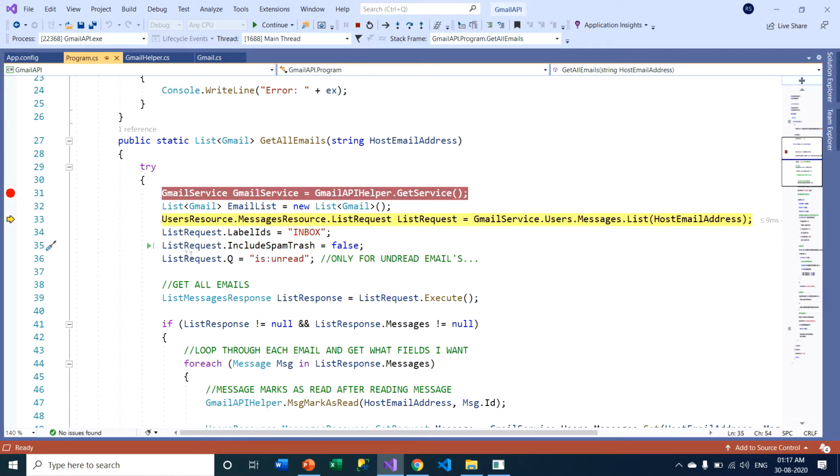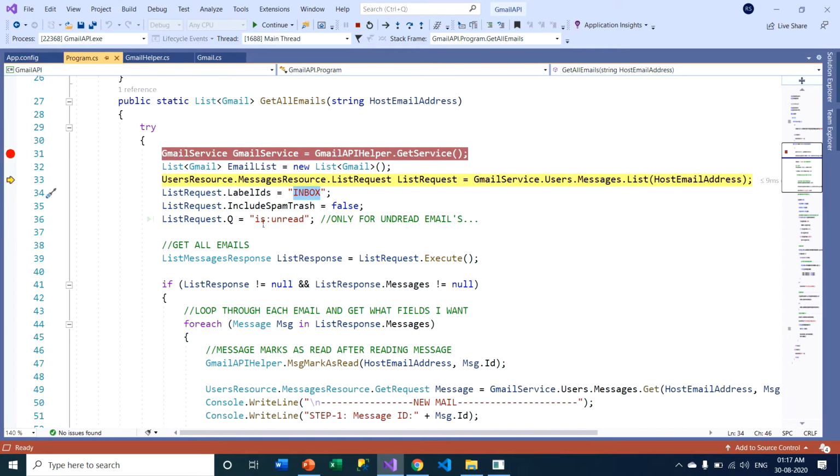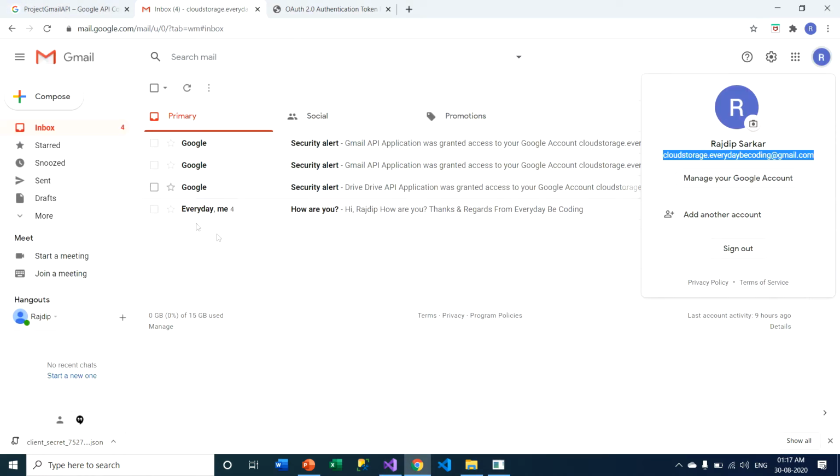That means I am not including trash emails or spam emails, only fresh inbox emails. And I am also putting a query, is colon unread. That means the mails that are not read right now. That means all unread mail will be retrieved by my application.